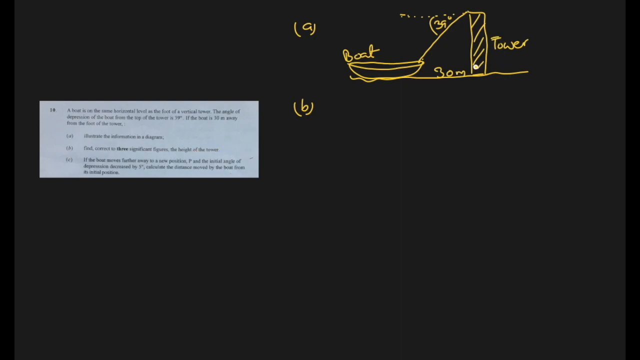So let's call the height T. This angle is 39 degrees. That means this angle will be 51 degrees, right? Because in total this angle is 90, this is 51. So T, the tower, is adjacent to this, and 30 meters is opposite to this. So we can use tan